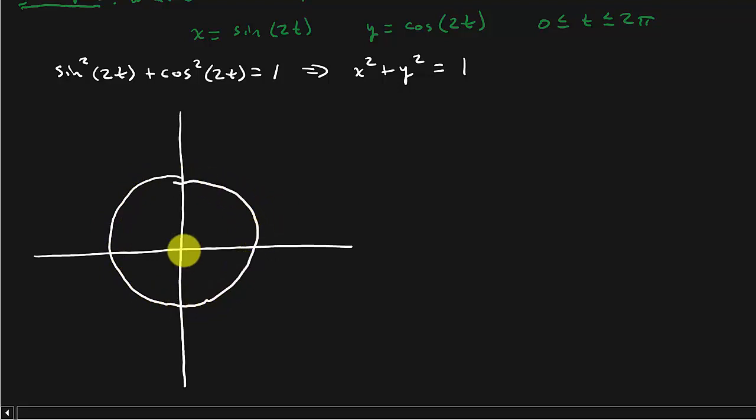Centered at the origin with radius 1. Yes, I know it doesn't look like it's in the center, but let's pretend like I drew it in the center. A perfect circle. All right. Now,